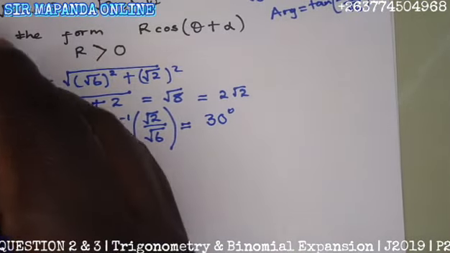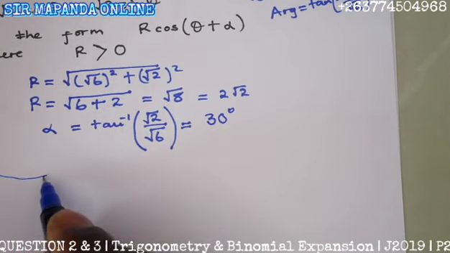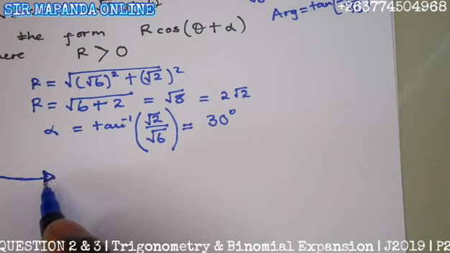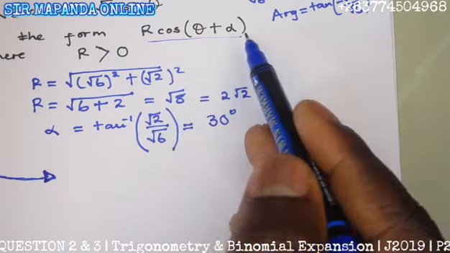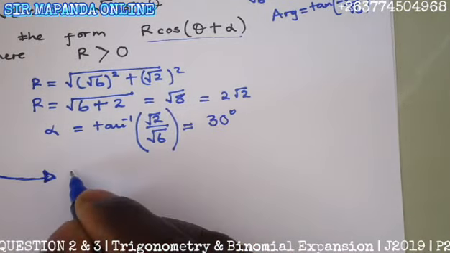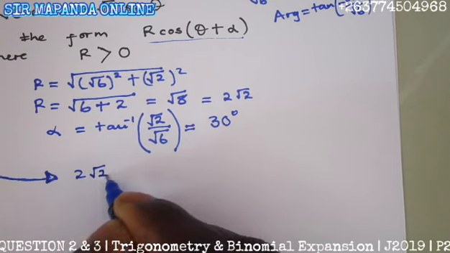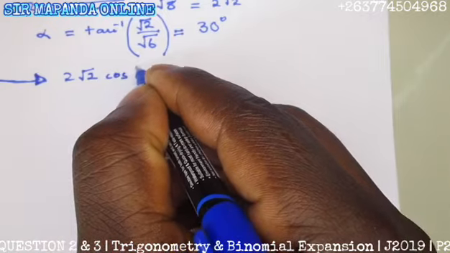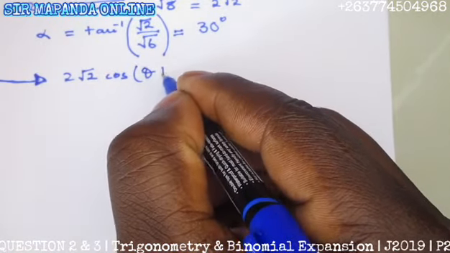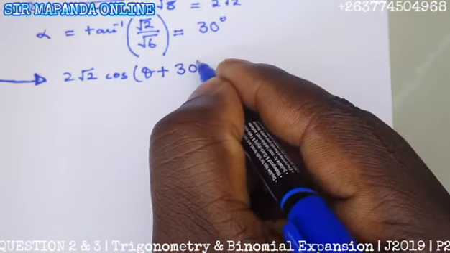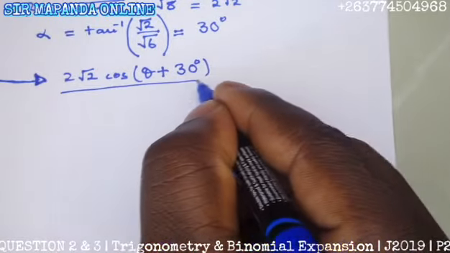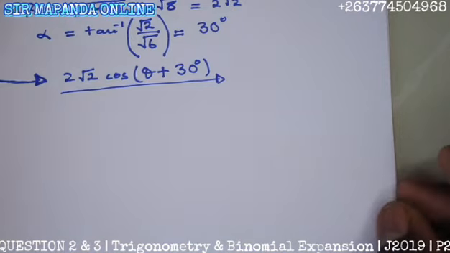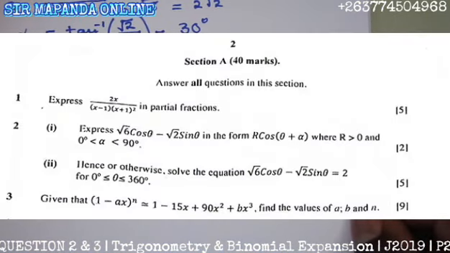So the form is now found by substituting r and 30 degrees in the r cos, right? So on r, you put 2 root 2 or root 8. Then you write cos, open bracket, theta plus 30 degrees. Then you get yourself 2 marks for part A of the question. I hope you are following. Let us move on to part 2